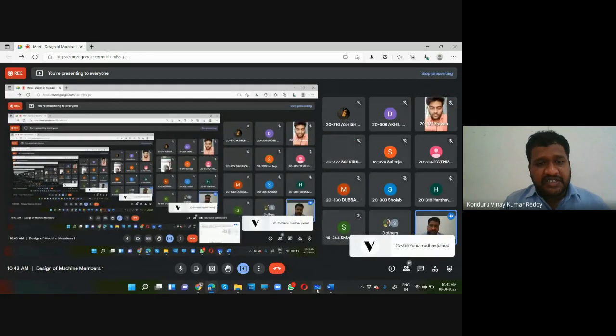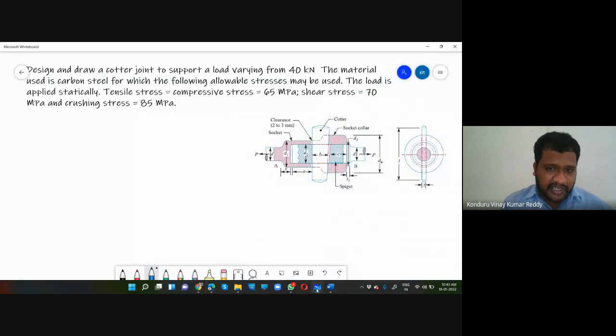Today we will be discussing the socket and spigot joint, which I have shown you over here. This is the socket and spigot joint. We are going to derive this one, or rather, we are going to design this one. If you see the question clearly, here we have to design and draw a quarter joint,